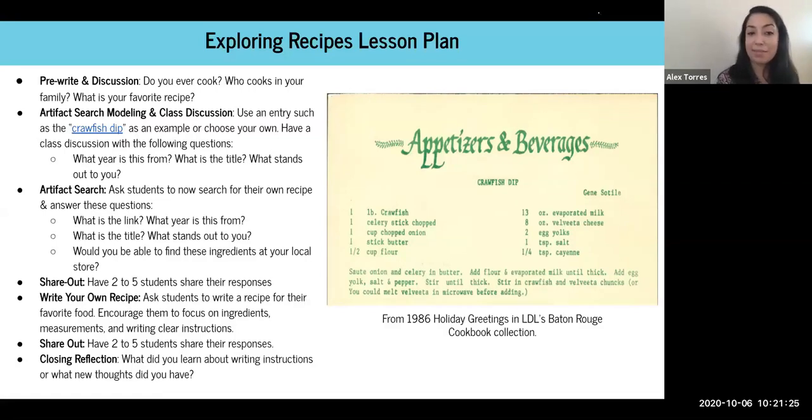And again, you want to have them share their responses, and at the end have a closing reflection in terms of what did you learn about this activity? What did you get out of it, right? So all these skills are happening in a more organic, authentic way where students can see what's in the LDL, explore what's in the LDL, and practice some of these literacy skills. So this is one example. A second example